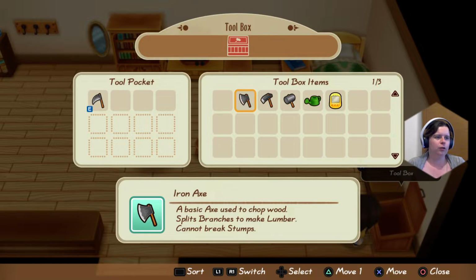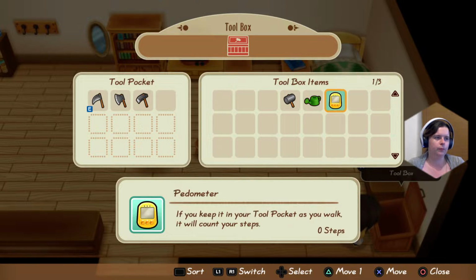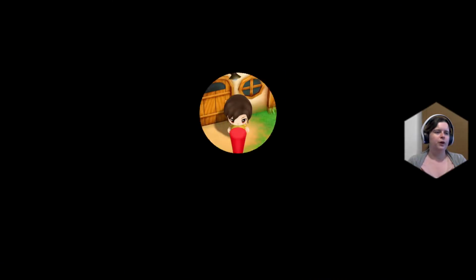Right, we'll need the sickle, we'll need the axe, we'll need the hoe. If you keep it in your tool pocket as you walk, it'll count your steps. We'll just work on cleaning the farm at first, because...